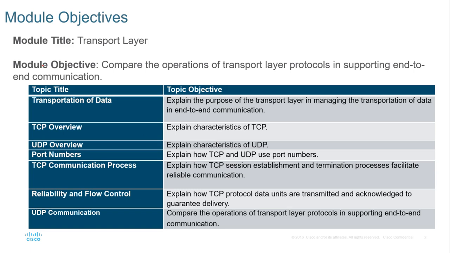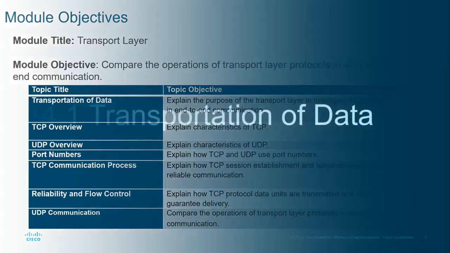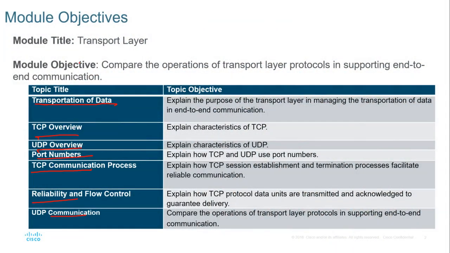So the areas you're going to cover: transportation of data, TCP overview, UDP overview, port numbers, TCP communication process, reliability and flow, then UDP communication. So the main objective is to compare operations of transport layer protocols in supporting end-to-end